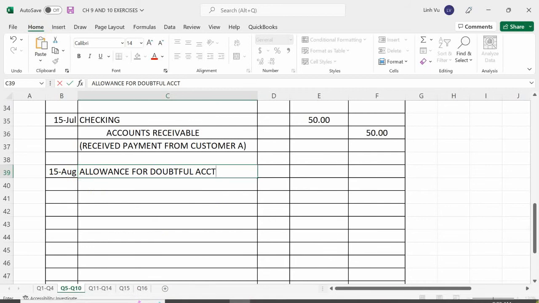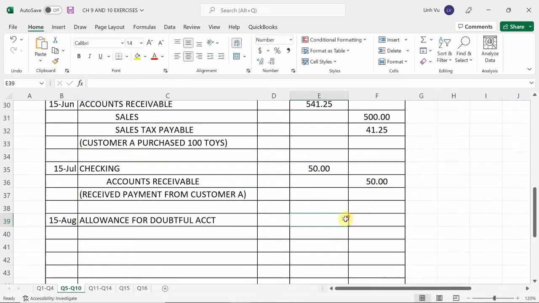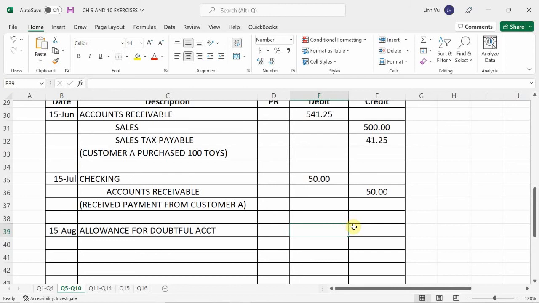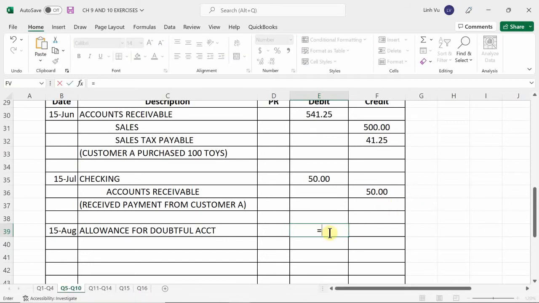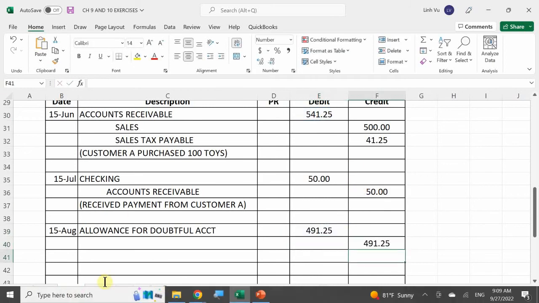How did you get $450? If we, oh, wait a minute. Okay, is it $491.25? $491.25. Okay, how did you get that number? Okay, you would subtract it from the accounts receivable debt. Okay, and so that means my credit account's going to be,